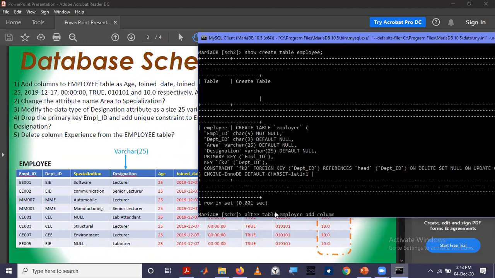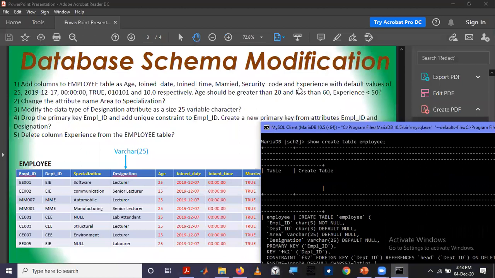We are going to alter a table known as employee. Then we are going to give it a name as age. Age. Then its data type. So you can see this one, age should be an integer, and it should be less than 60 and greater than 20.